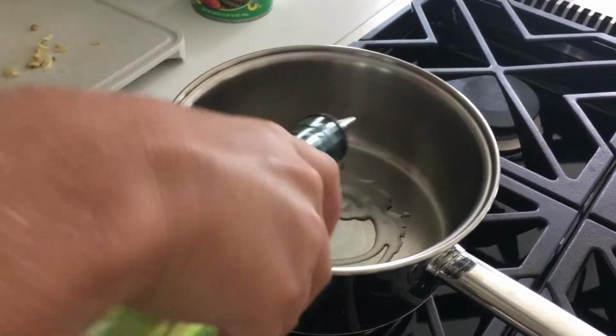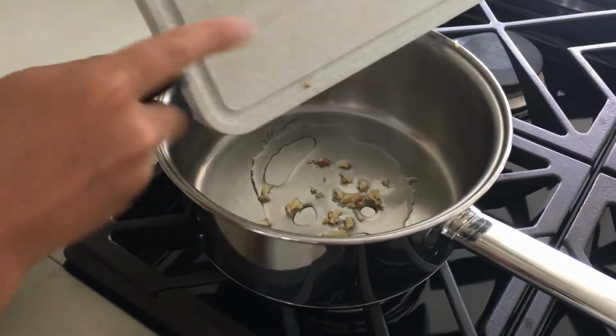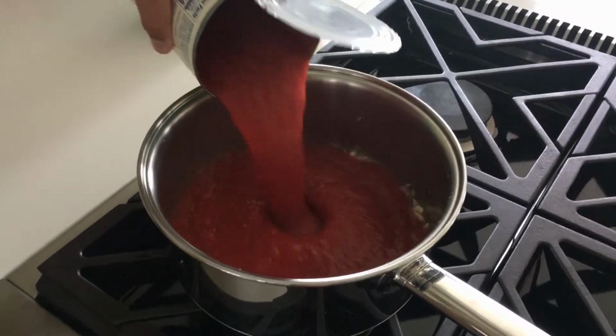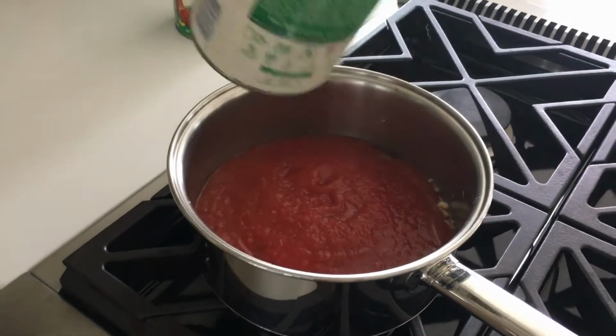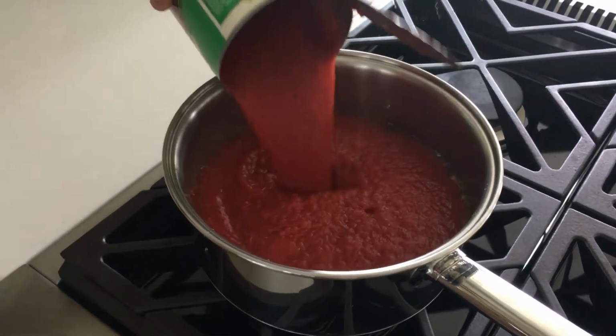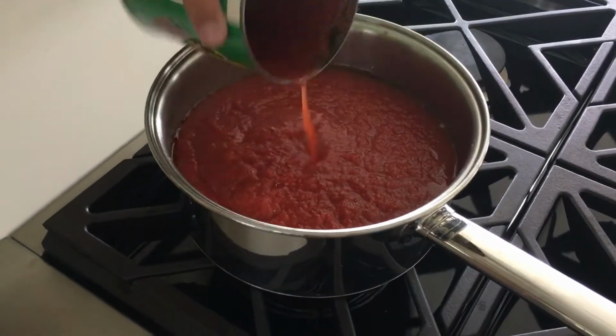You want to start off with some olive oil into the pan, then 1 clove of garlic. We're going to saute this, and then you're going to come in with 2 cans of crushed tomatoes, because I like using crushed tomatoes, not whole peeled tomatoes, and then a little bit of water,